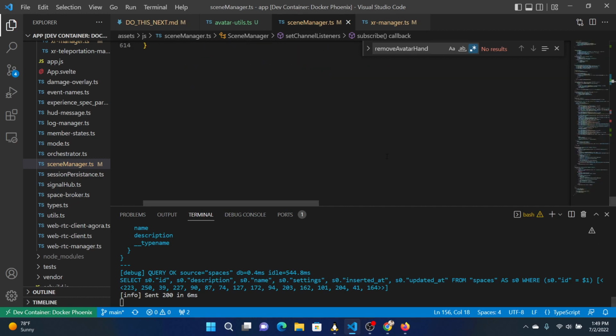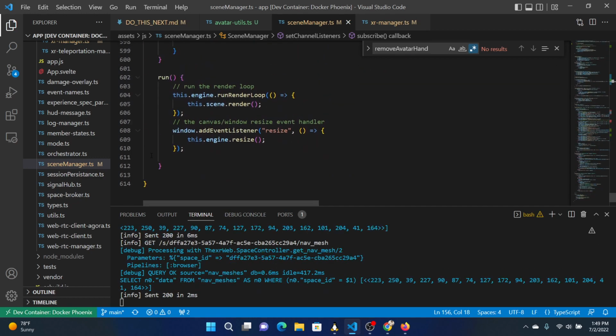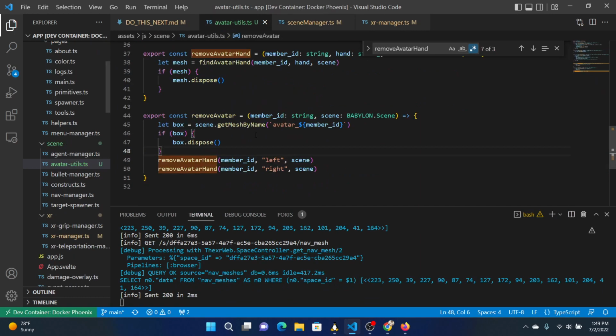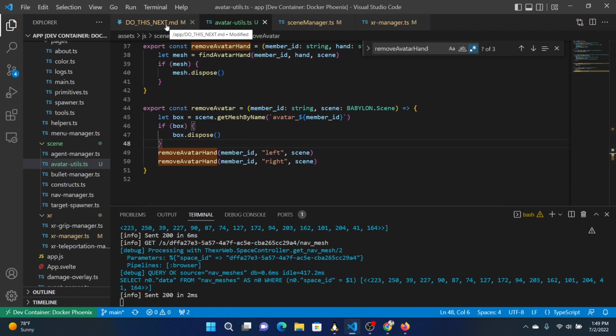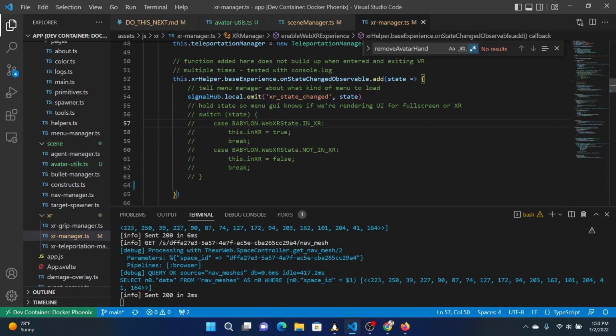We've also reduced the line count. This is a very large file, and we've reduced it to 600 lines, where we took out 50 or so lines of code. Okay, so we can remove the avatar, remove its hands, add hands, a bunch of utilities here. And in the XR manager, we want to know the state. What are the states here? Web XR state, which are